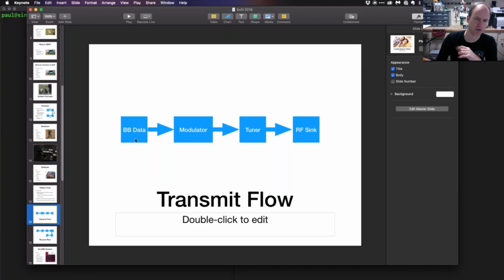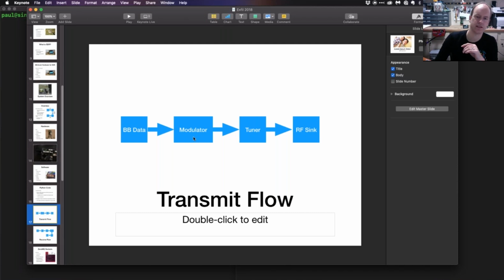So that's kind of one level of this. Next, that data would get sent to an RF modulator. It would take the information and create an untuned RF signal with an on-off keying modulation scheme or an FSK, frequency shift keying, modulation scheme.